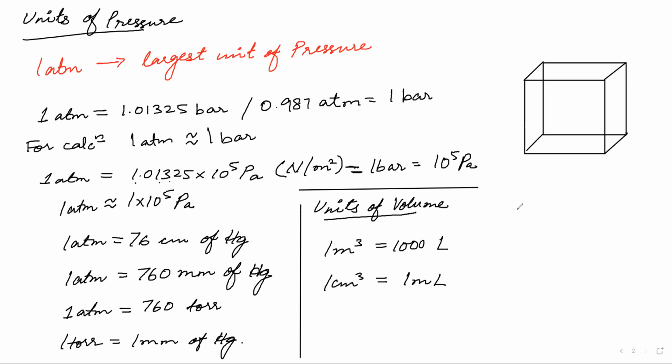Please try not to write each and everything after looking at the screen. Read one sentence or two sentences at a time, and then from your retention, try to note it down. If you look at 1, then meter, then cube, then equal to, then again head up, then 1000, then again head up, liter, it will take so much time. At least do 1 or 2 in a go. 1 atm is equal to this much, and 0.987 atm is 1 bar. Okay, fine. Then try to remember it.